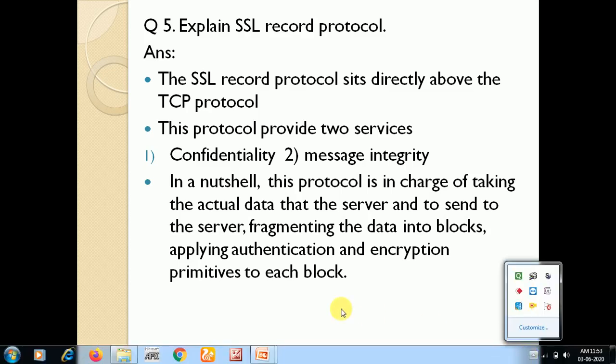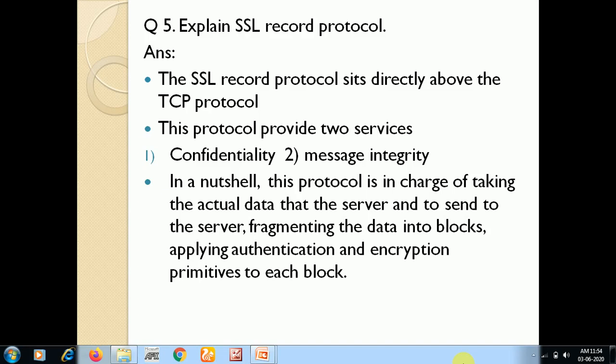Okay. So next we will see compression. What will the compression do? This is an optional step. It requires a lossless compression and carries the stipulation that the size of the input block will not increase by more than 1024 bits. It means we have to see that the block size should not get increased by more than 1024 bits.